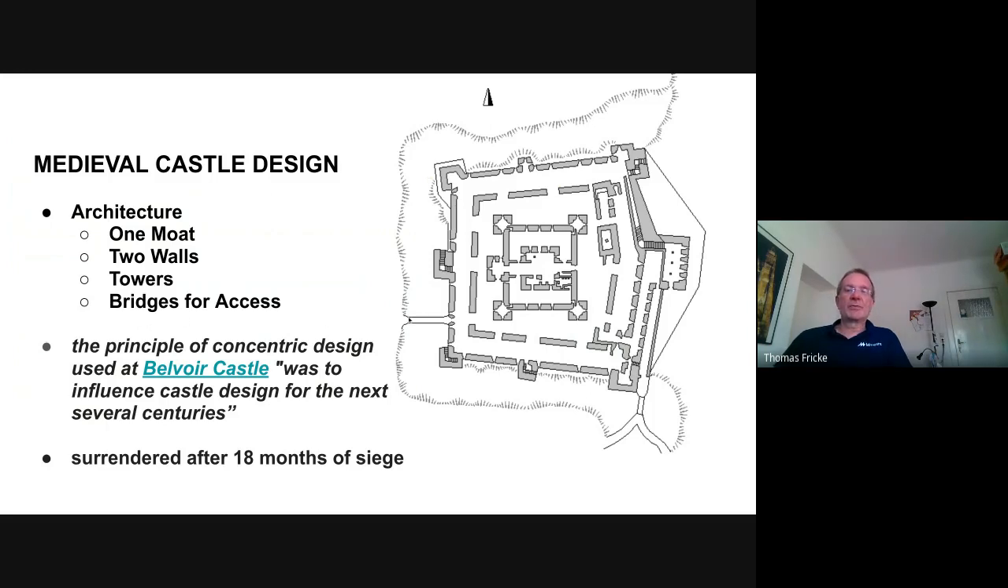And what you don't cover, for example, is the access rules to this gate here. Or what happens if you have an extra tunnel below the external wall, something like this. These are the typical things which are not mentioned. By the way, there is a link to the Belvoir Castle Wikipedia entry. It was quite successful because they surrendered after 18 months of siege, so it was not so badly designed. But in our time,